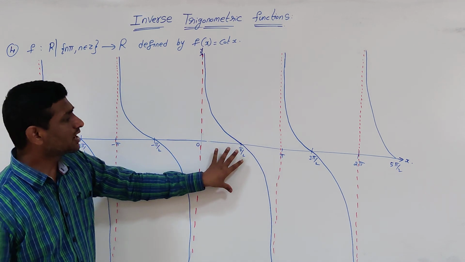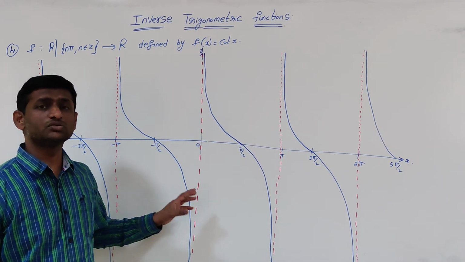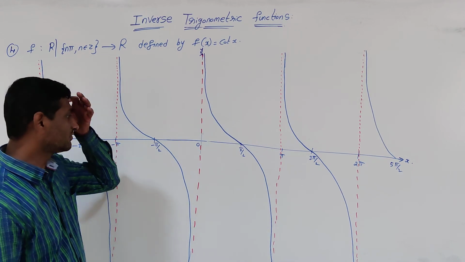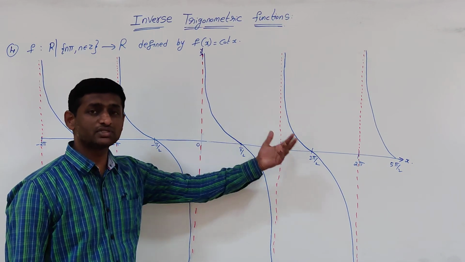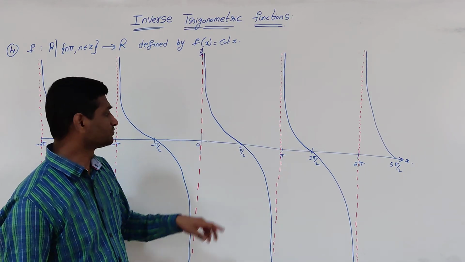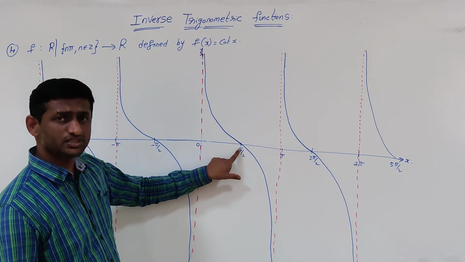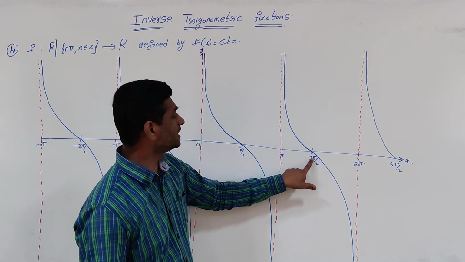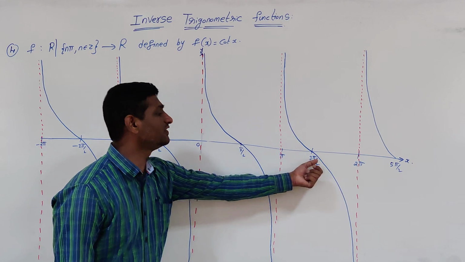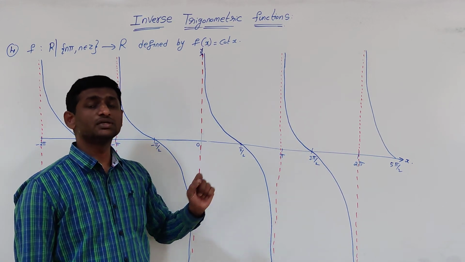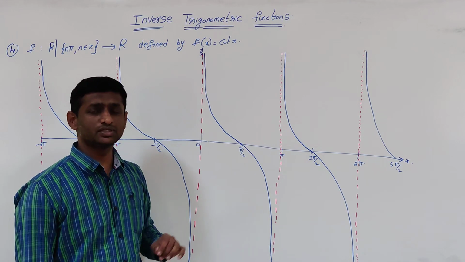And this is the graph for cot x, and cot x is not a bijective function because it is not a one-one function. Why is it not one-one? If any two distinct elements have the same image, it is not a one-one function. If you observe this, at pi by 2, cot 90 is 0 and cot 270 is also 0. Means these are distinct inputs but they have the same image. So it is not a one-one function and it is not a bijective function.